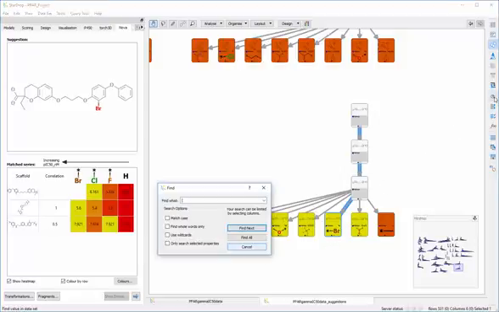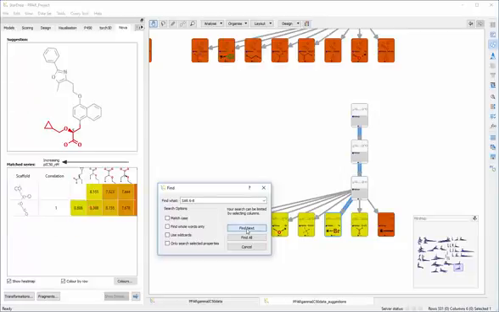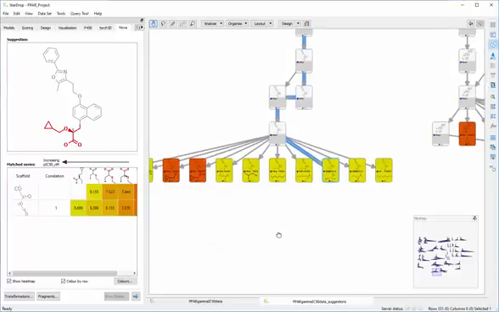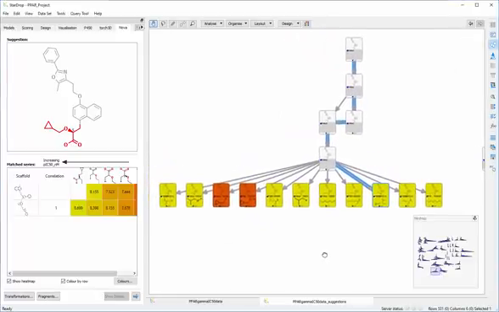Click on the Find button on the right-hand toolbar to bring up the Find dialog. Now type in SAR 6-8 to search for a series containing this name, and then click Find Next. This will highlight one of the series within this network and display the compound in the suggestion area of the Nova tab. If you try this for yourself, note that the suggestions at the bottom of the network may be